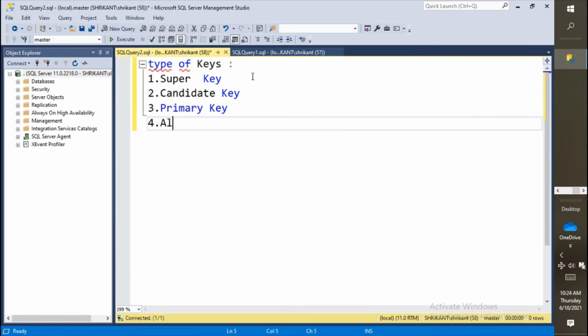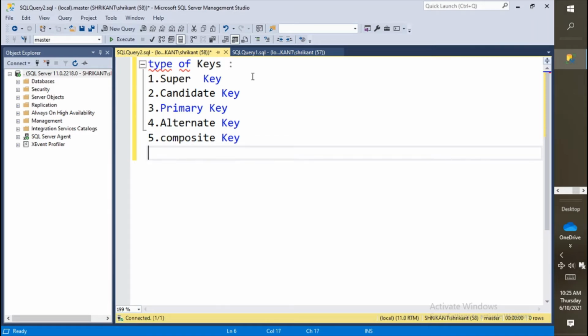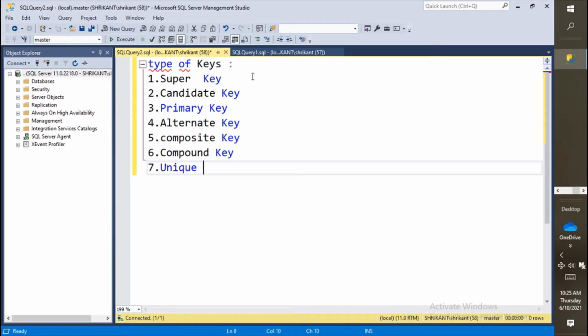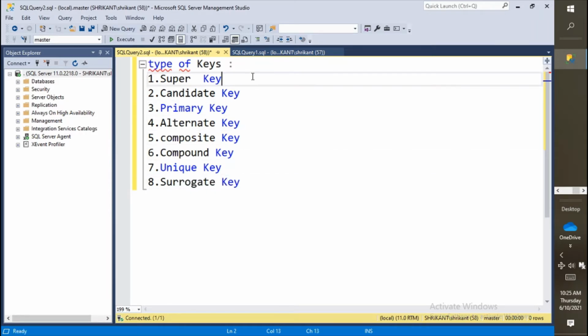Next is the alternate key, then composite key, compound key, then unique key, then we'll talk about the surrogate key. Basically these are the types of keys and we are trying to understand them.